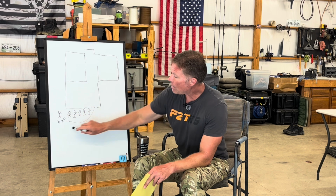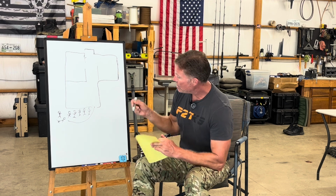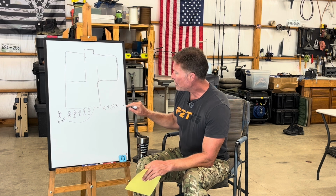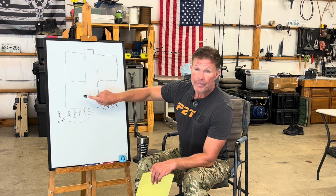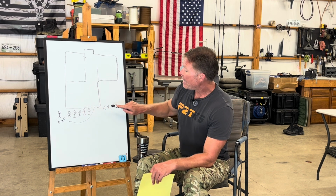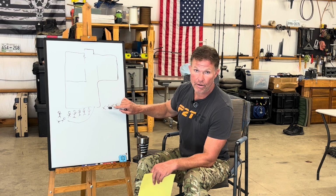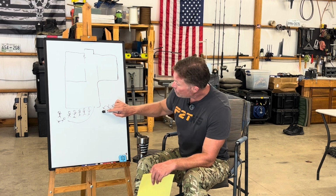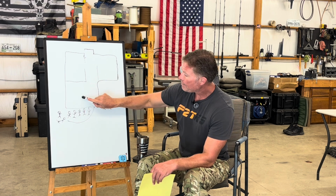What I would recommend is, if you have a team of 8, 9, or 10, your assault element needs to be this 6, 5 assaulters plus the handler, and then you're going to stage 7, 8, 9, 10, and so forth outside the building as support. So if this was a larger building and we go breach bang dog and the dog's in here biting a guy, and we have contact straight away in the first room that bogs down the handler and stops the dog momentarily, if we have these guys out here in reserve as security, and we can say, hey, we need support in here for bad guy control, these 2 guys can flex in here and free up your first 5 to continue the assault. And now it's your handler plus 2 to do search,